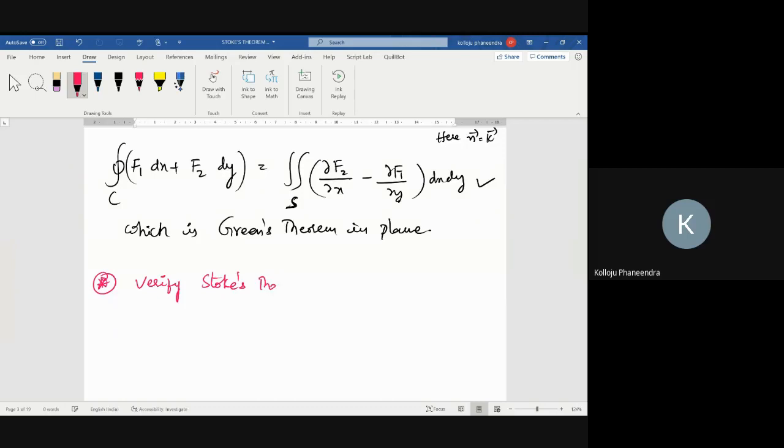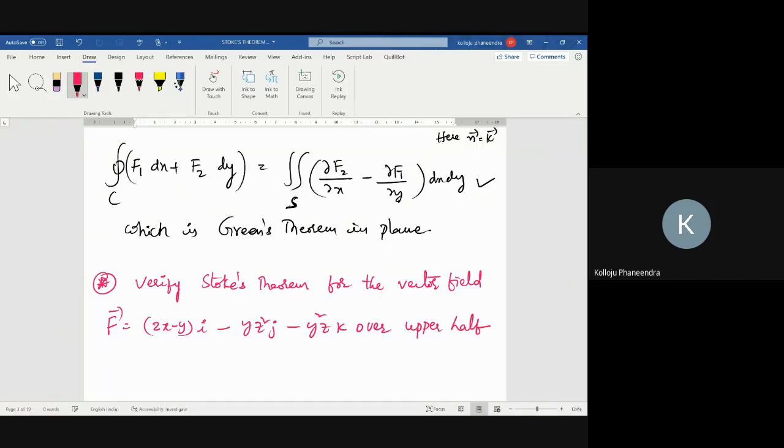Verify Stokes theorem for the vector field f bar equal to (2x minus y)i minus yz square j minus y square z k